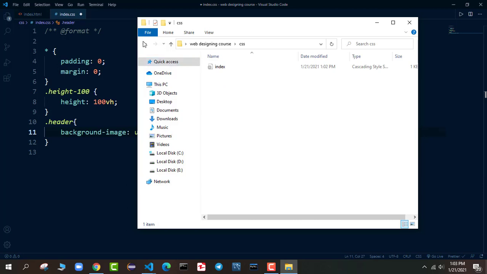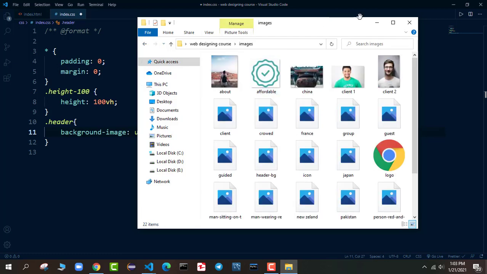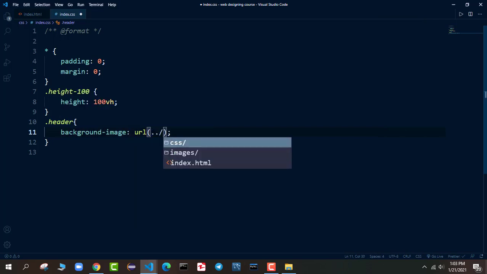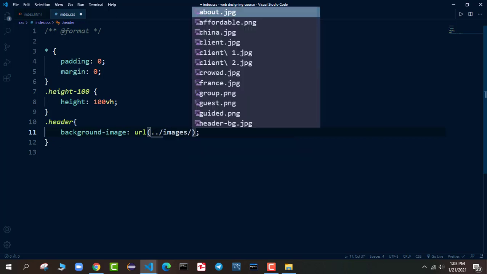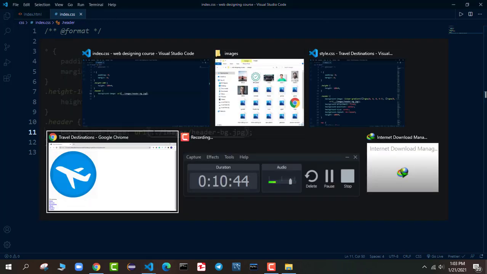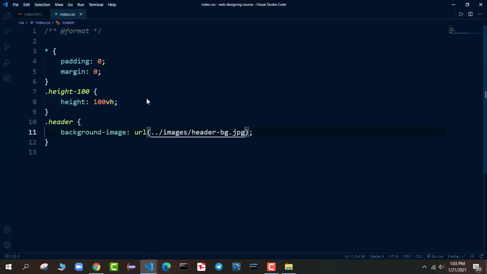I need to go back first, then I need to go inside images, and then I need to link that image. So I will say double dot / so it will come out of the CSS folder. We want to go in the images folder, and here we have header bg.jpg, which is our header background file. So now you can see we got something at the background.